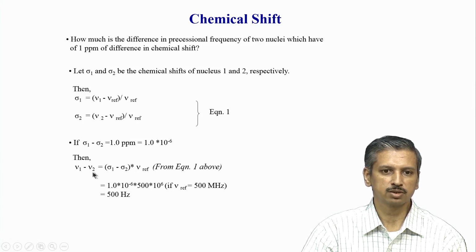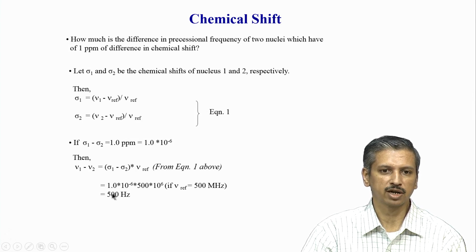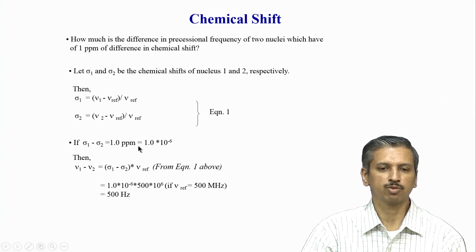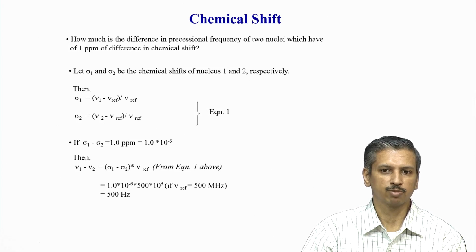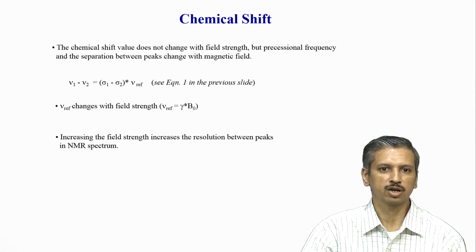So you see the difference in chemical shift value between two peaks definitely changes in the Hertz scale, it becomes 700, 800 depending on the spectrometer, but its difference in the ppm scale will always be constant. That is the beauty of the chemical shift scale, that it does not affect the chemical shift value in the ppm scale, it affects only the chemical shift value in the Hertz scale. That is why chemical shift scales are very popularly used.